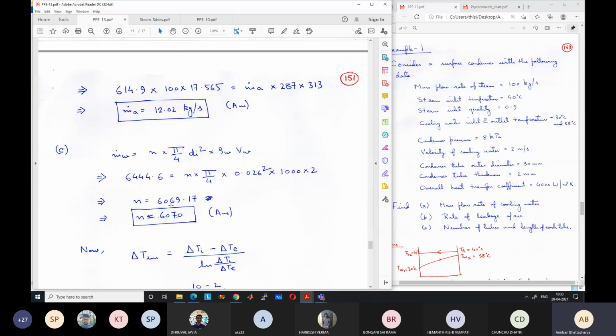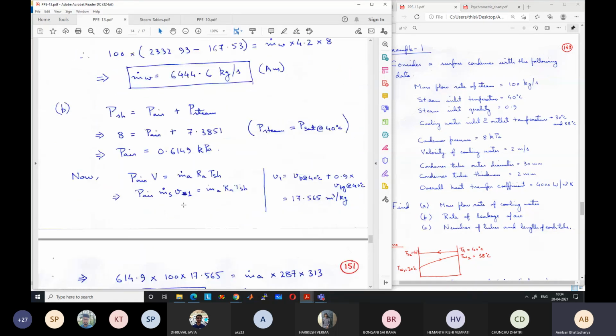It is equal to 6069.17. We have to round up to the larger value always. So n is equal to 6070. So the number of tubes, you can see, is very large. So condensers are very large devices. You can imagine that so many tubes are there, 6000 tubes,